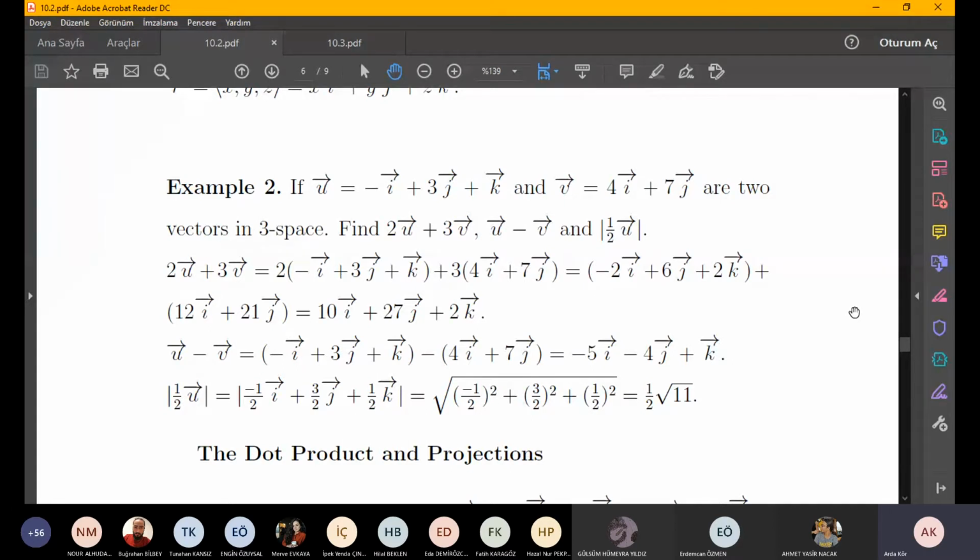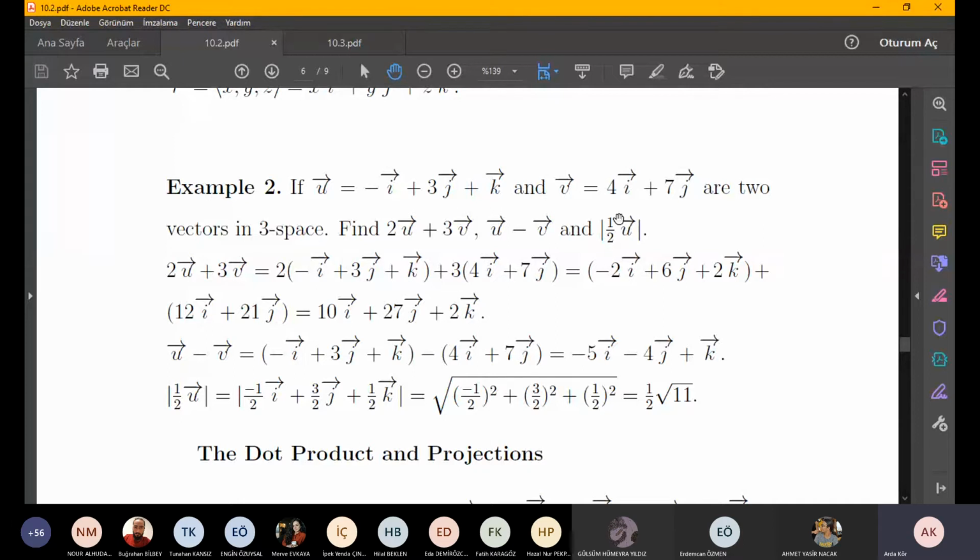And we try to find 2 times u plus 3 times v, also u minus v, and at the end we try to find the length of